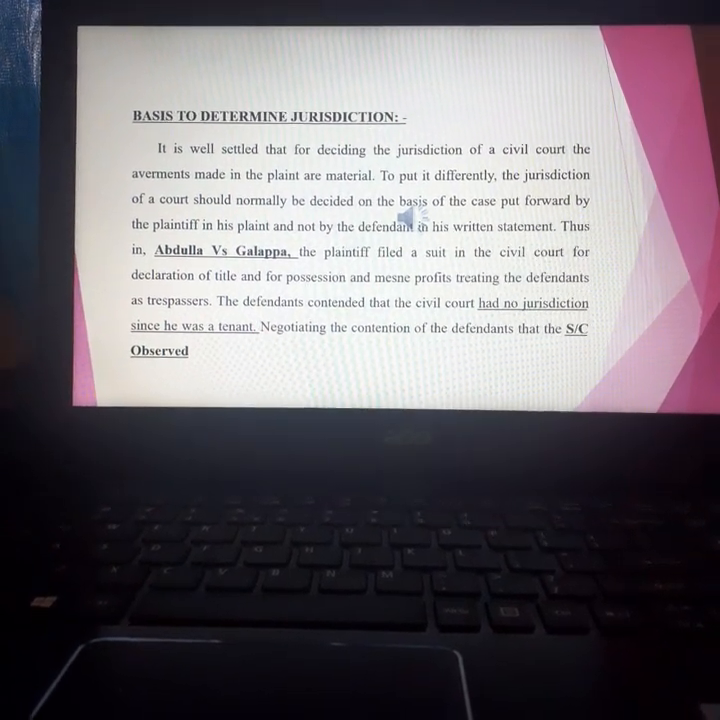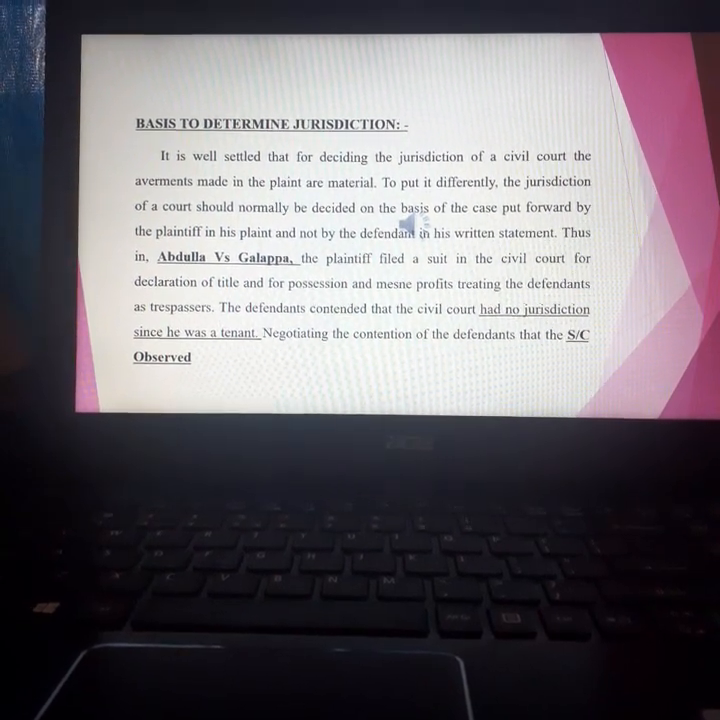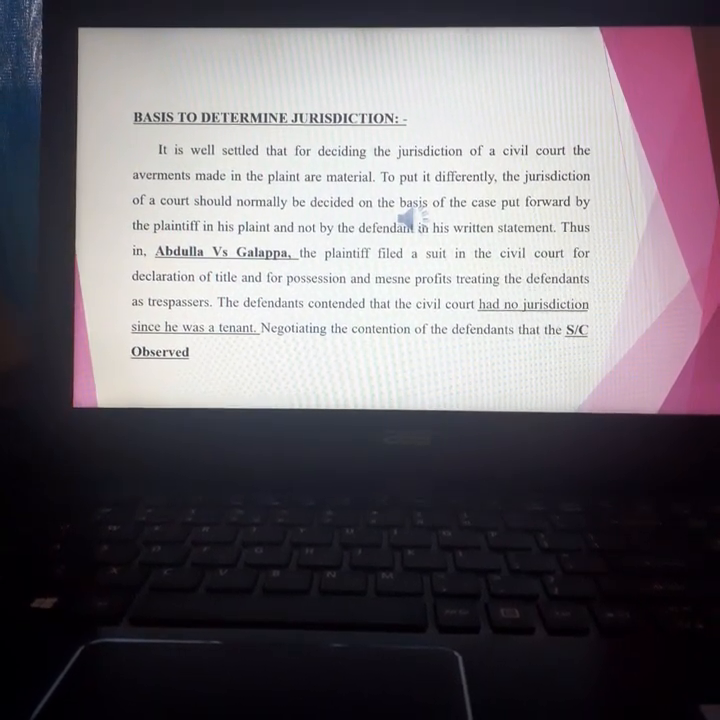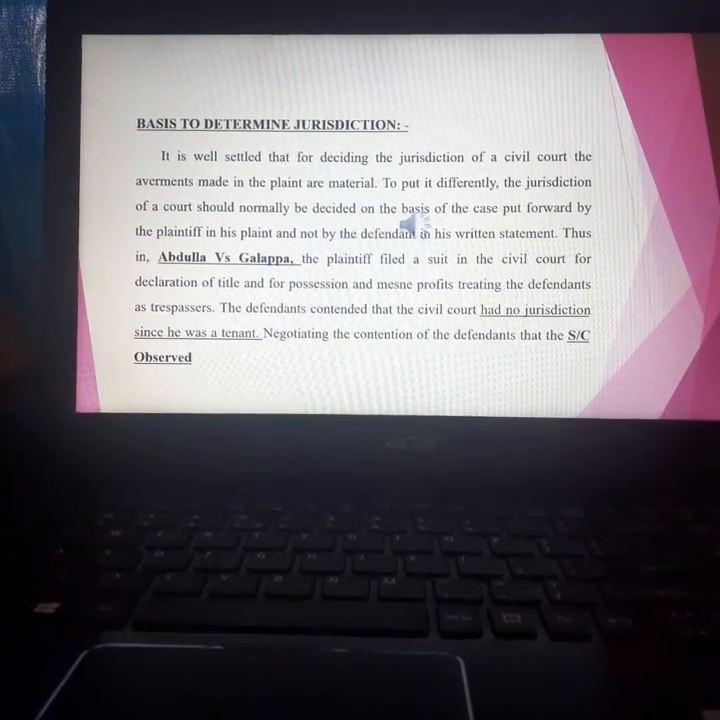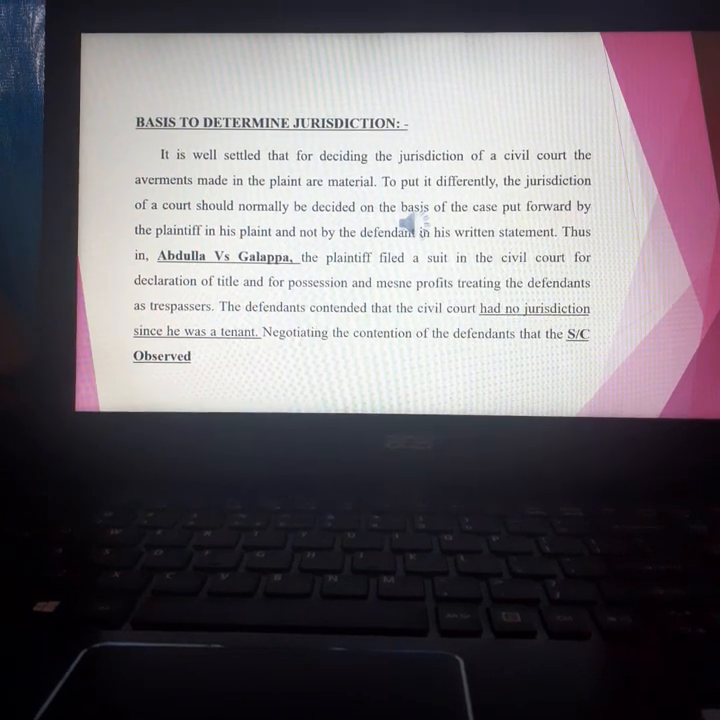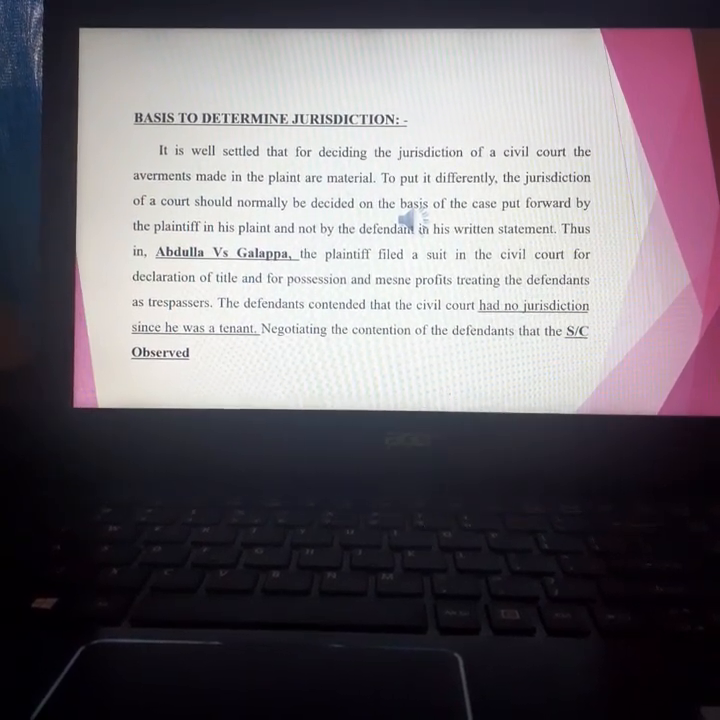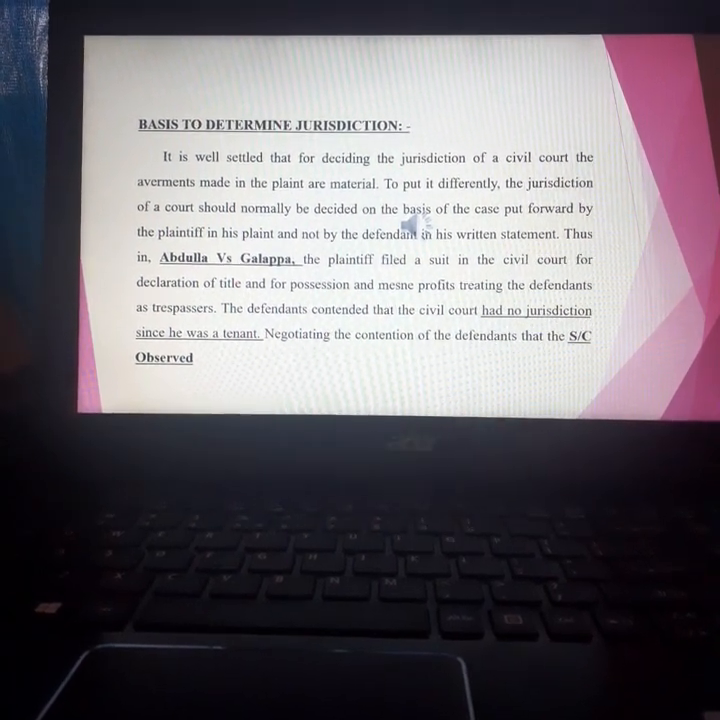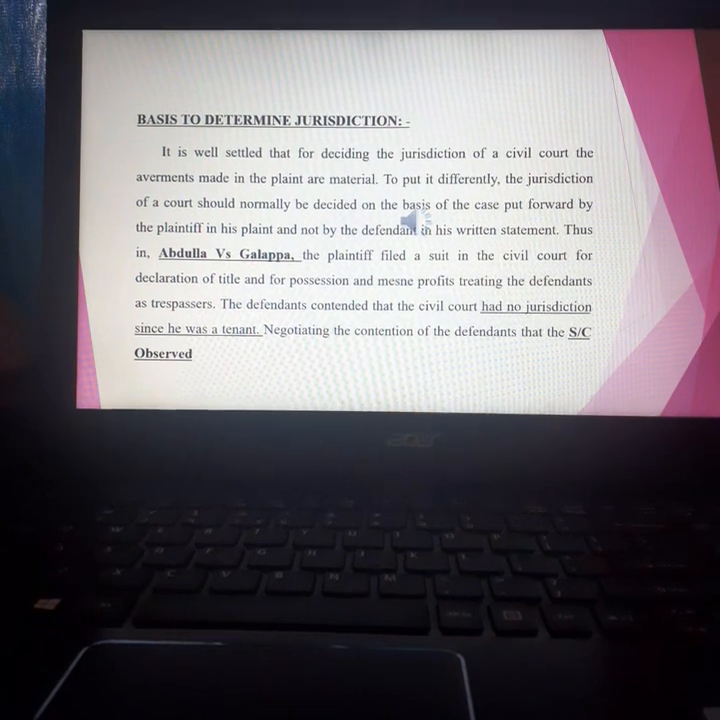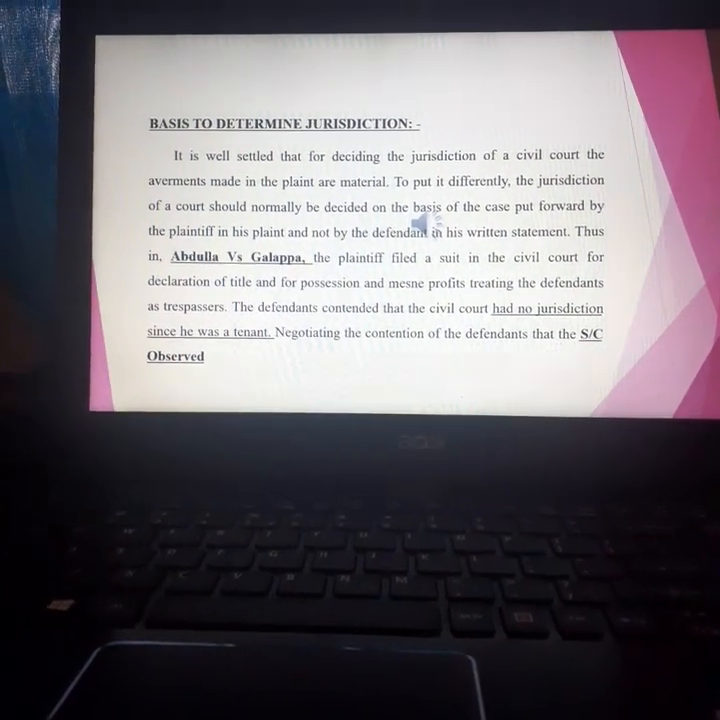Thus, in Abdullah versus Galapa, the plaintiff filed a suit in the civil court for declaration of title and for possession and mesne profits, treating the defendants as trespassers. The defendants contended that the civil court had no jurisdiction since he was a tenant. Negating the contention of the defendants, the Supreme Court observed: